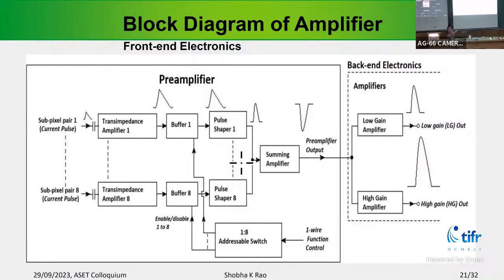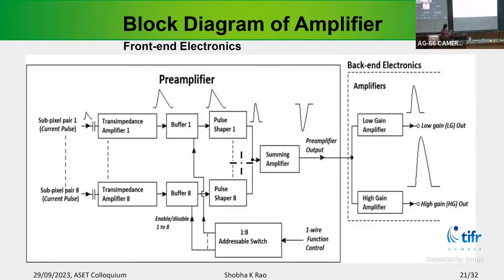this parallel amplification we push to the back end, because otherwise, instead of 256, we have to dispense both the amplifiers, low gain and high gain. Otherwise, what happens, instead of 256, we have 512 cables running to the back end. So this was pushed to the back end electronics, and